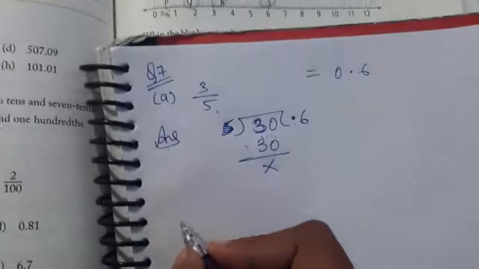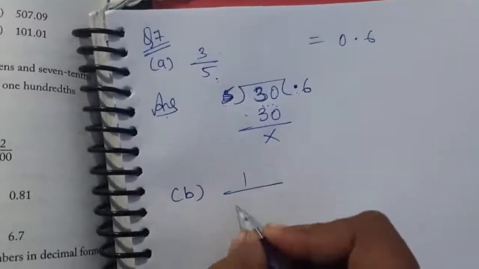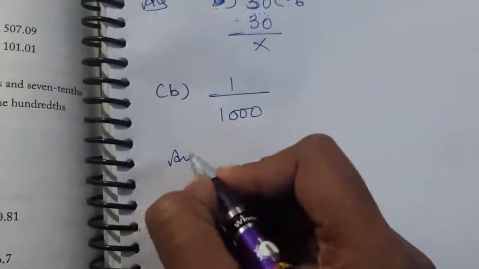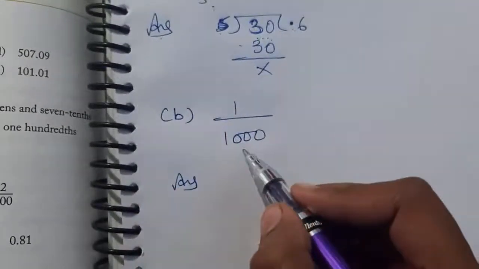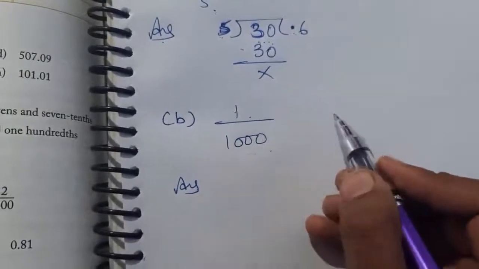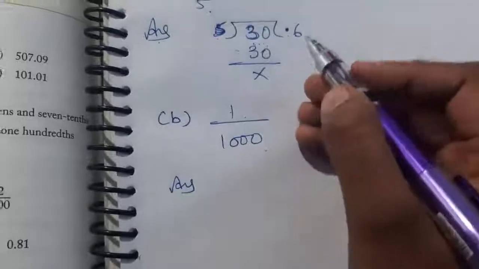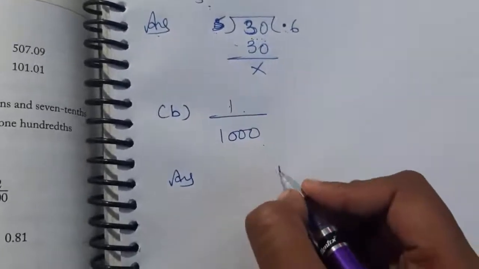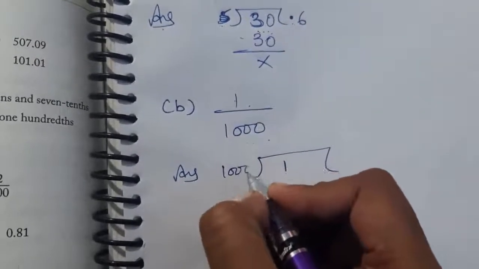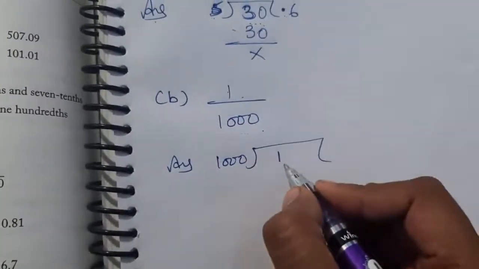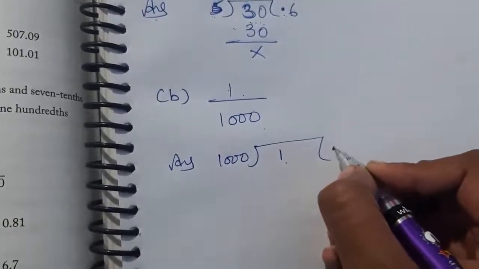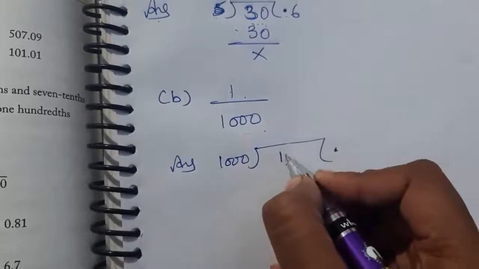Now look our next question. 1/1000. How can you do this type of the questions? Already I told you one trick, short way, that according to the number of zeros, balance your number of numerator 1 digit and then after put the point. But how to divide this type of the divide? Right here the 1 numerator 1 digit is coming inside of divide symbol and divide by this 1000. Okay. Now this 1 is a very smallest. So we have to put here the point. If we are putting here point, then we have to take 1 0.